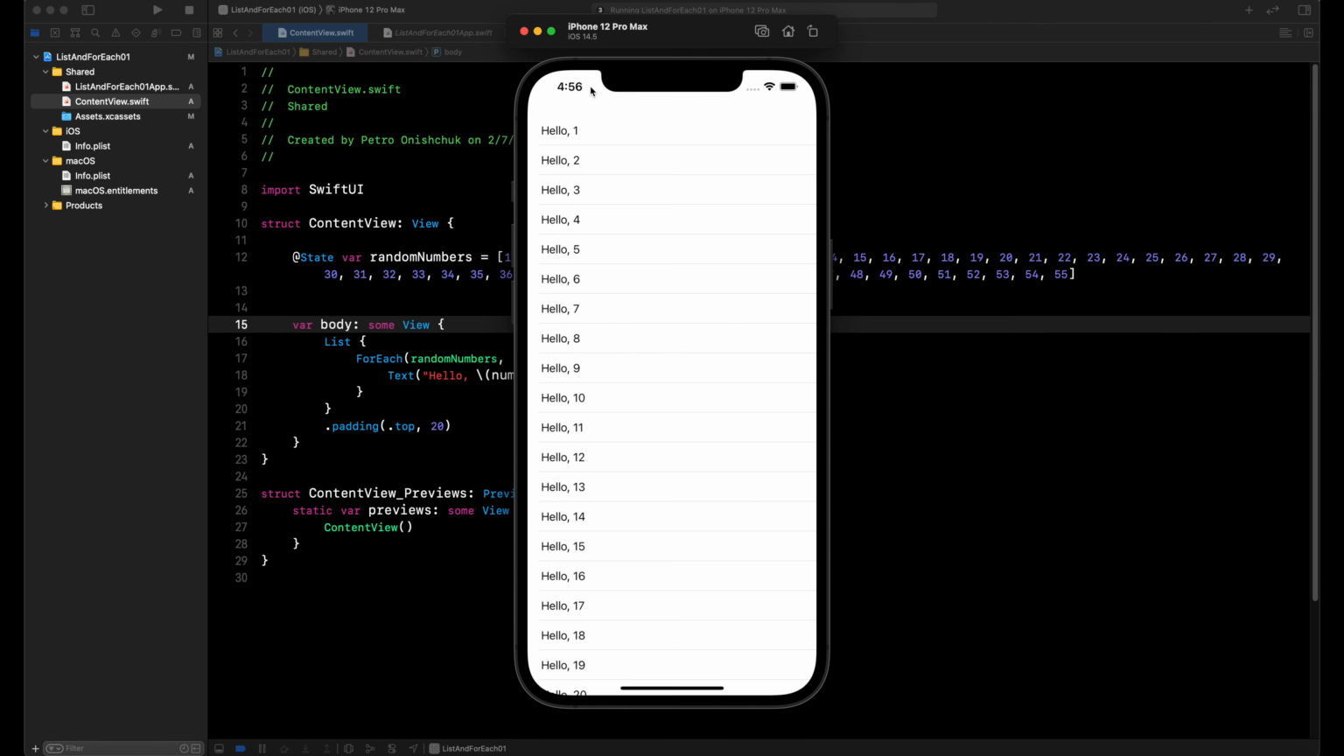But when we create a list with a list container and a ForEach structure, we have a very useful modifier. Enable this modifier onDelete. The ForEach structure has the onDelete modifier. With this modifier, we can delete items from our list container. For example,